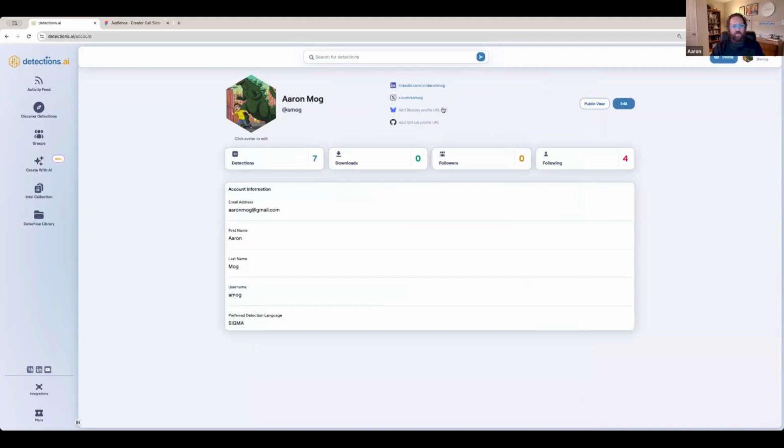This is a highly viewed page, and I'll show you why in a second. It's a hotspot for finding out who the person is that posted detections. If you have personals that you can add to this, it really enriches the experience. People can connect to you and see maybe where you work or what you do. This is great, especially LinkedIn. We see a lot of click-throughs to LinkedIn off of people's profiles.